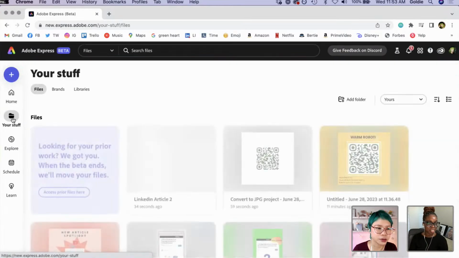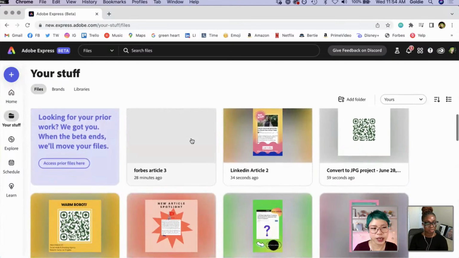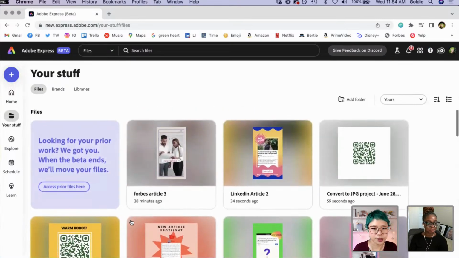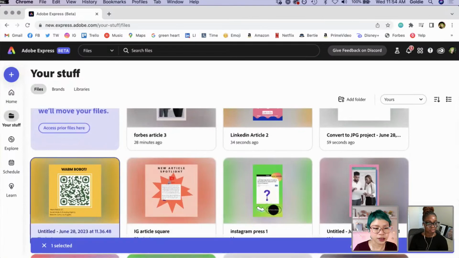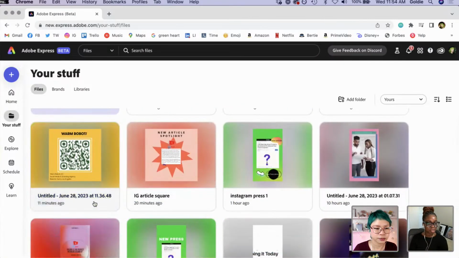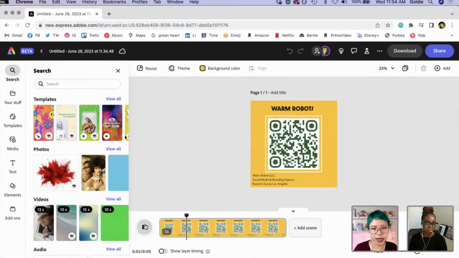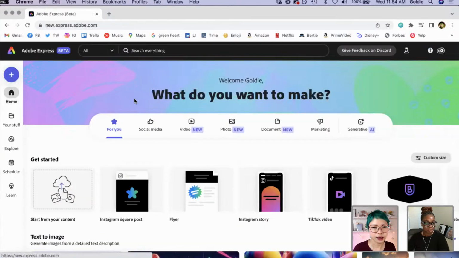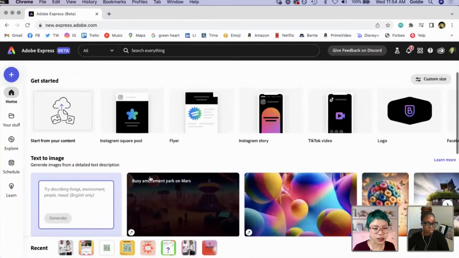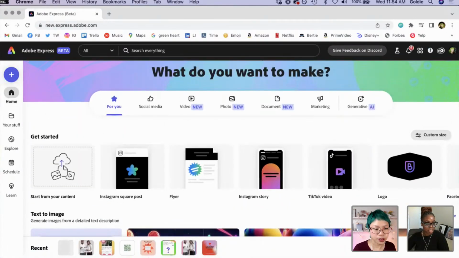Then we can go back to this. We can actually go into your stuff. That's the other way to access things. I want to show a couple different ways you can access things. And here is another one that we animated that has our original QR code. That is a great way for people to be able to access, say, your main site, if you want people to access your main site but you don't want them to have to type that in. And then let's go through a couple more, because I think we did design a couple more together.